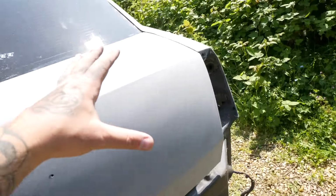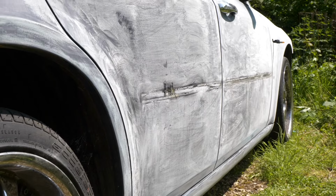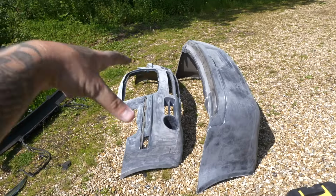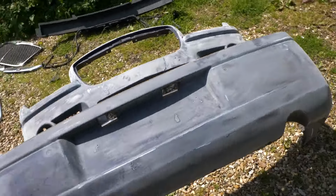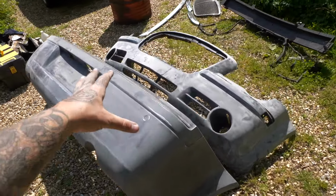And coming around this side is a very similar story. Started to go on the toffee wheel just there, as you'll see, and unfortunately my batteries died, but thankfully both bumpers are ready to go. So what I'll probably do is actually get these down to TW Body Repairs and get him to start changing